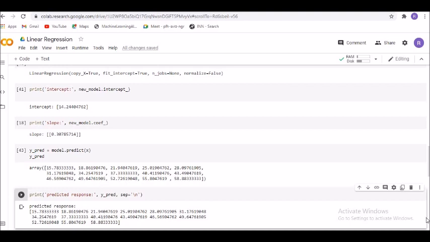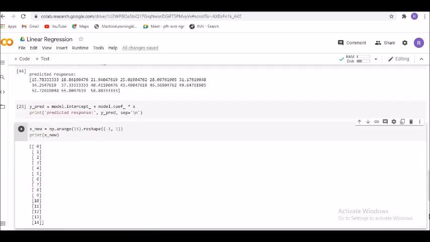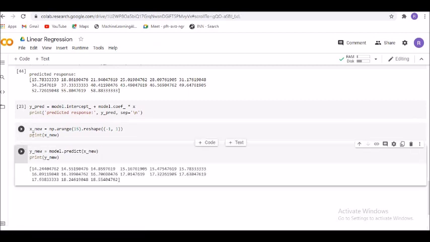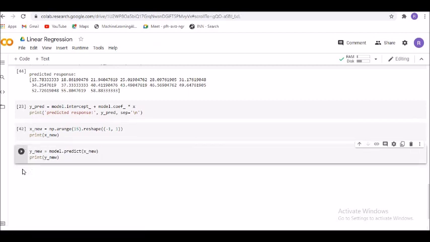Print predicted response, y_pred separated by \n, and the predicted response comes out as, for each and every number: 8.333, 13.7333, 19, 24.5333, 29.9333, 35.333, and so on.